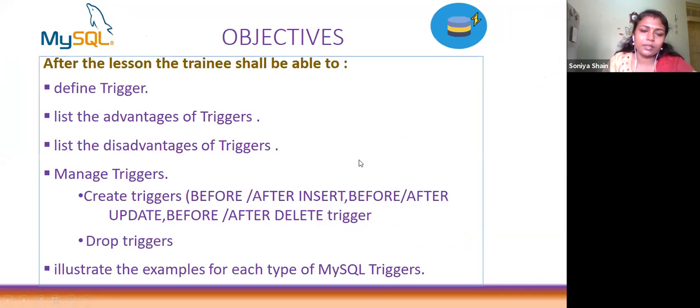Today's section deals with triggers: what you mean by trigger, the advantages and disadvantages of triggers, how to manage the triggers, and what kinds of triggers there are. We will discuss that later. Anyway, how to create the trigger and how to drop the trigger, with the help of some examples I will explain it. Okay, so let us start the section.